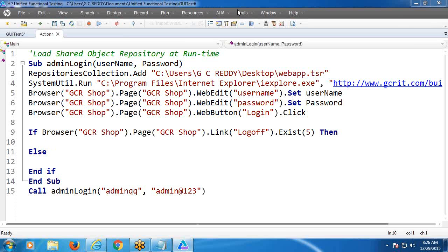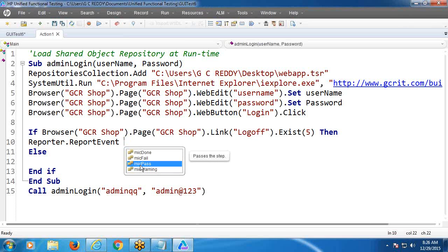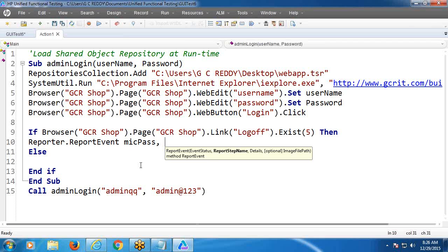Dinesh, Samir, Reporter.ReportEvent. Here you can use either micPass or zero. This is the status of the result, comma, result step name, any meaningful name, comma, message details, any meaningful message, login successful,